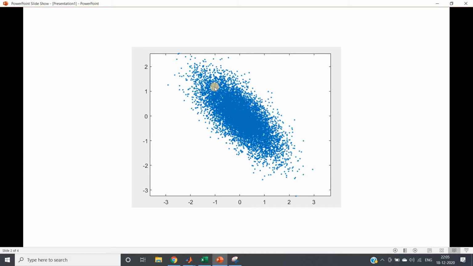So suppose this is our original data. We can say there are three major components. One is values along the x-axis, another one is values along the y-axis, another one is the rotational factor. Now this three-dimensional data we want to convert to two dimensions. So what we will do? We will apply principal component analysis on this, and what will happen?